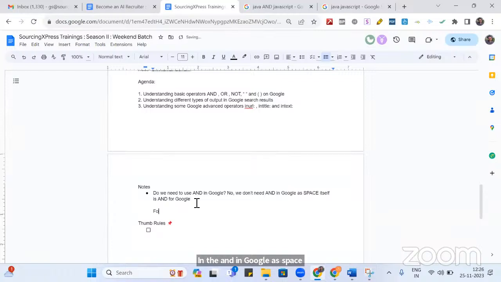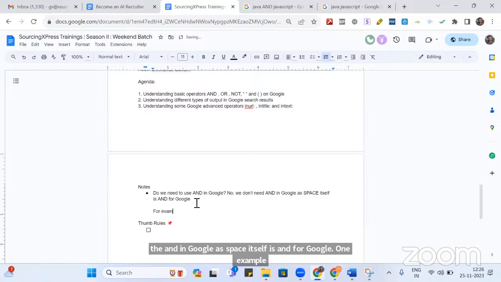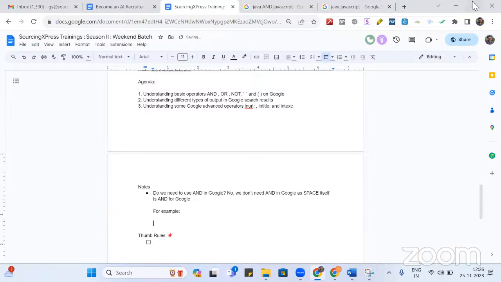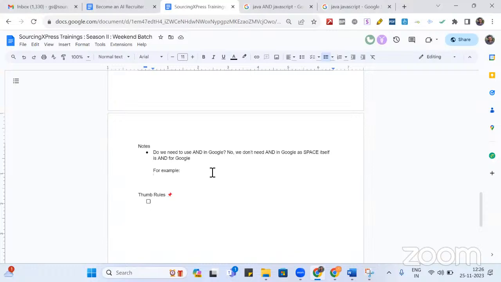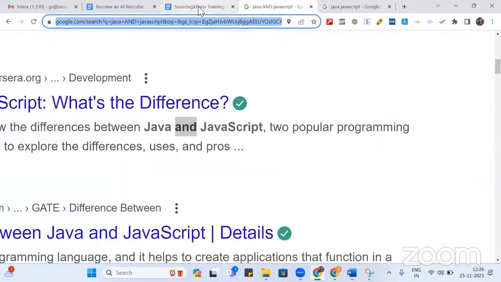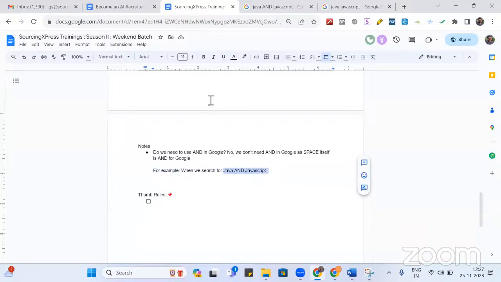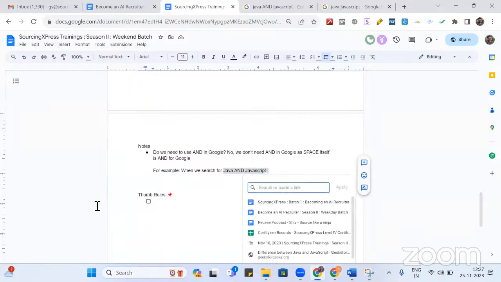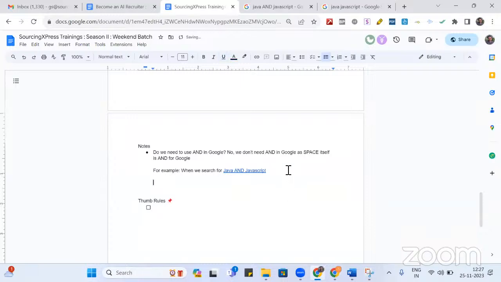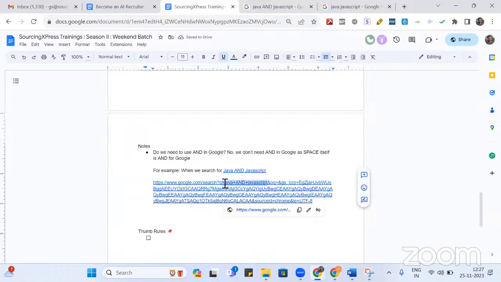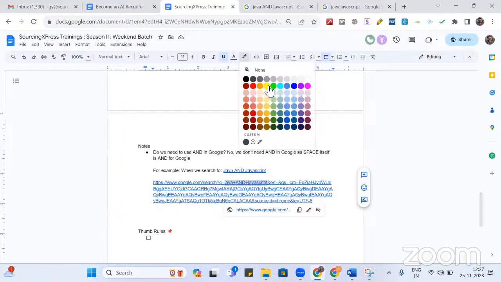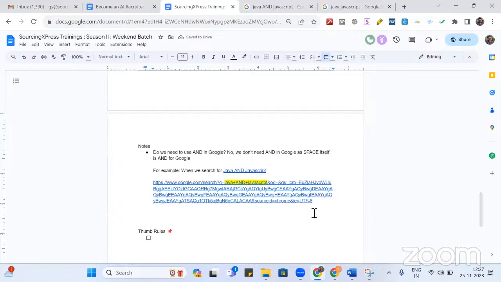For example, when we search for Java and JavaScript,